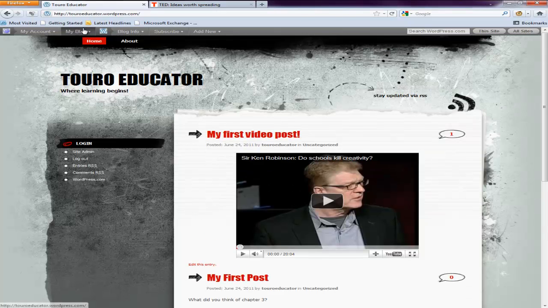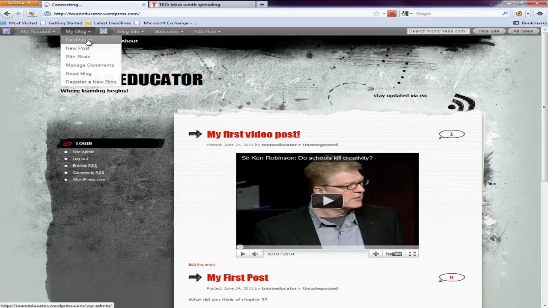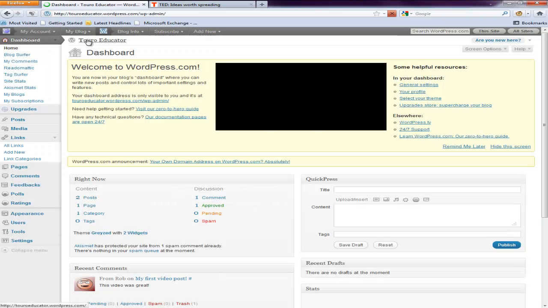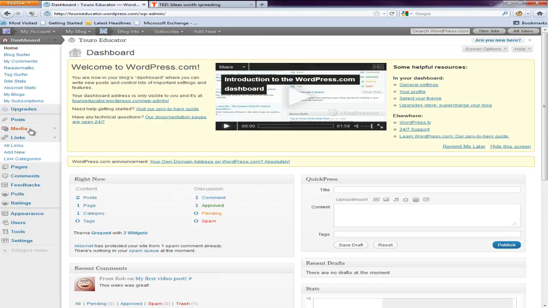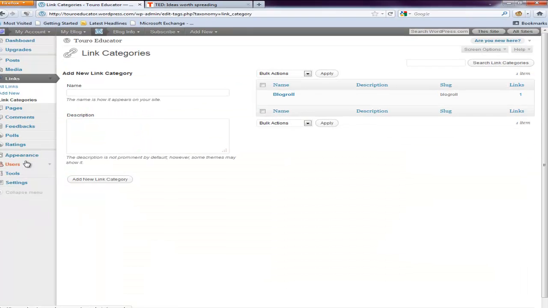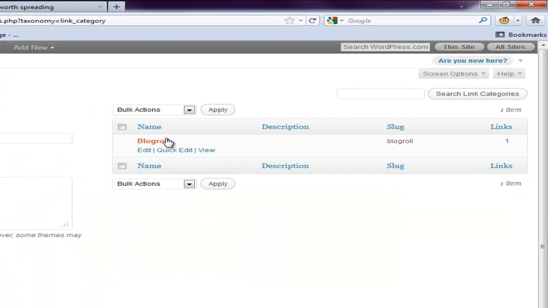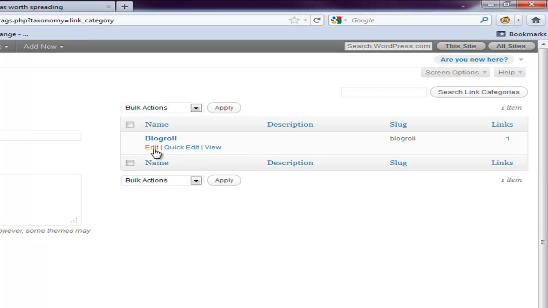Let's get up here to the top and we're going to go back to the dashboard. And remember, we're working with links, okay? And then it's going to be called link categories. So I'm going to click on link categories. And here you see it's called Blogroll, and that's where I put TED. So I'm going to say edit Blogroll,